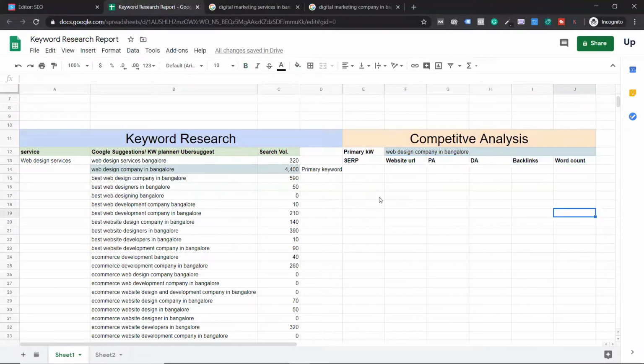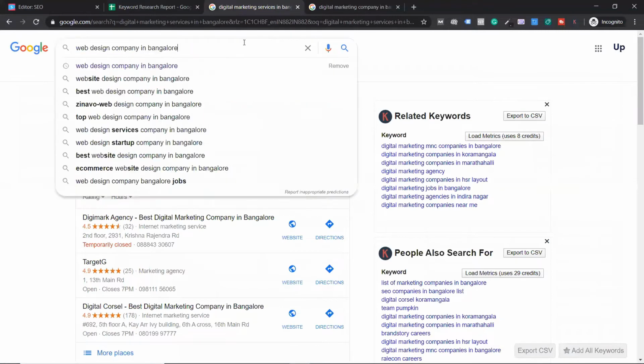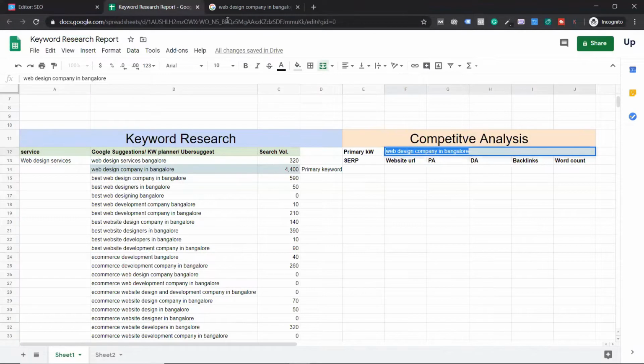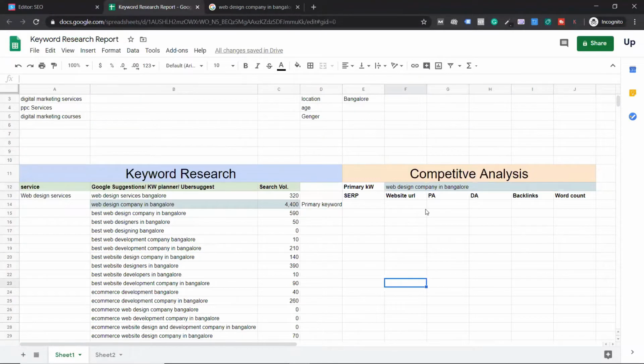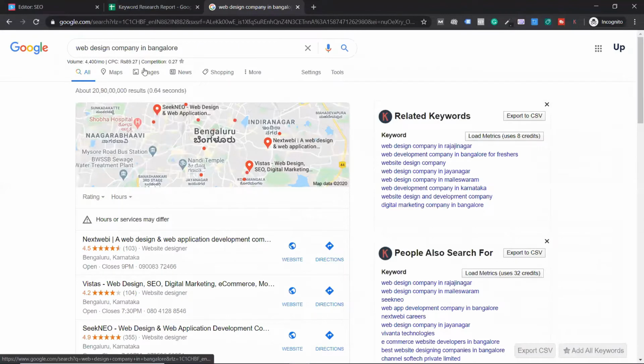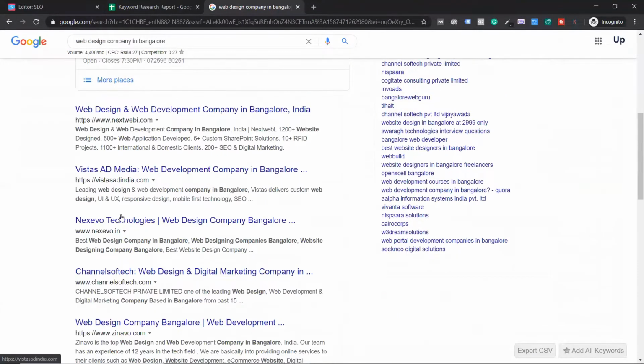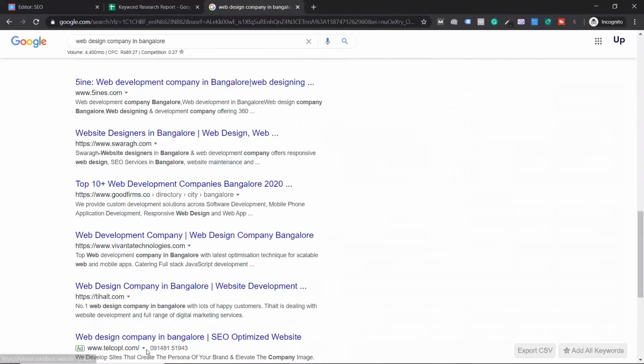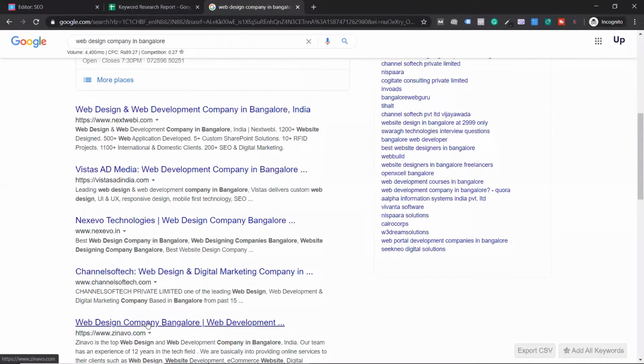Now SERP. What I'm trying to say is very simple, guys. Understanding your competition. Remember, the third step in keyword research is this. So I'm going to copy this keyword, go to Google, paste this keyword, and click enter. If I want to rank for this keyword, which has the highest search volume, 4,400, yeah, this is the one. Now who are the competitors? These are my competitors, 1, 2, 3, 4, 5. If I want to outrank them, you can go to 10 also, guys, but as of now, I'm going to do it for the top 5.